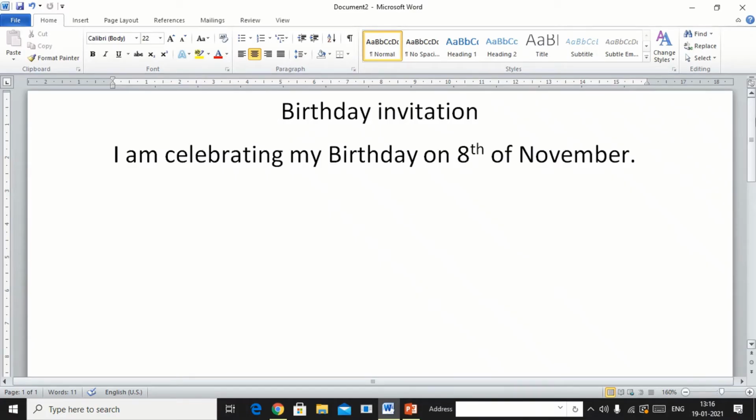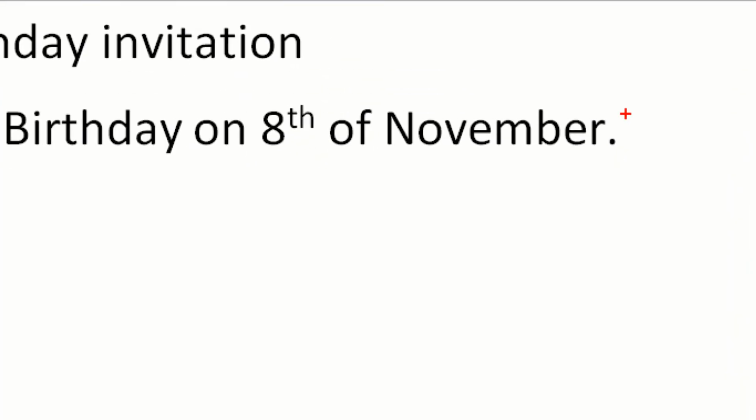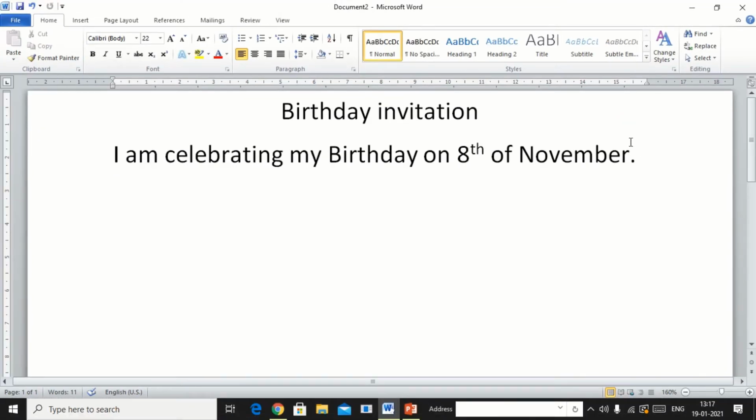To enter the text in your document, first you need to click on the place from where you want to start your typing. So I have clicked here, and you can see a cursor will appear on your screen. And here, the place where you clicked, there is a cursor. When this cursor appears, that means now you can start typing. So I'm going to complete this birthday invitation, and my next line will be, you are